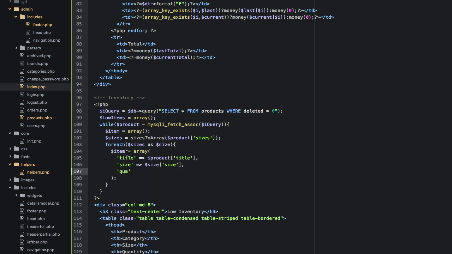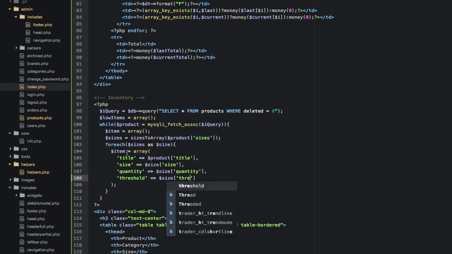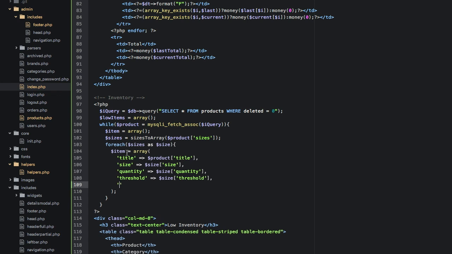And we'll have quantity, and that'll be size, quantity, and then threshold will be size, threshold. Okay, and then category, we're going to use,